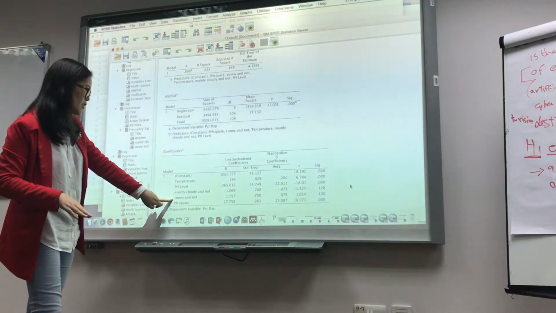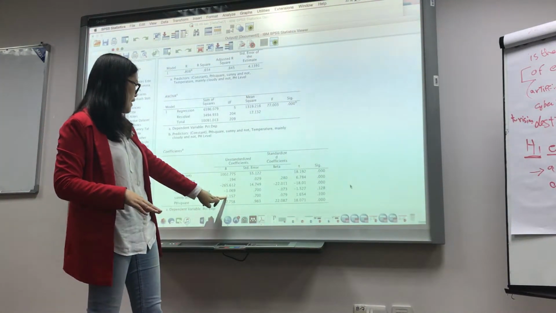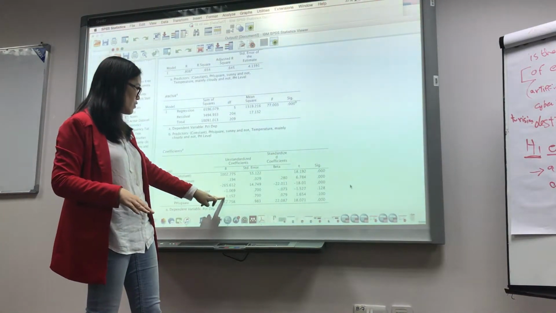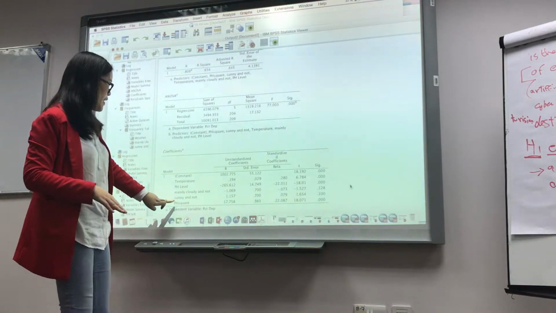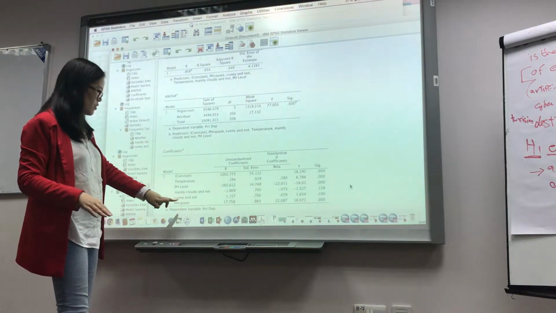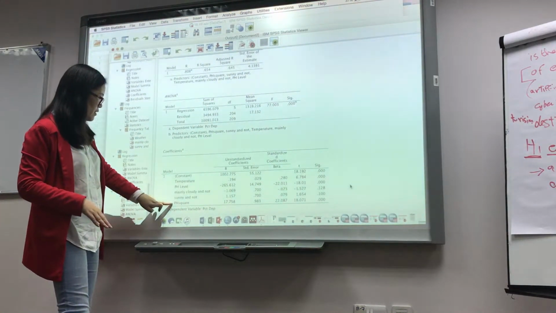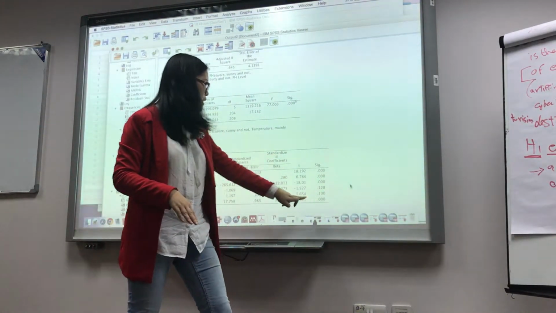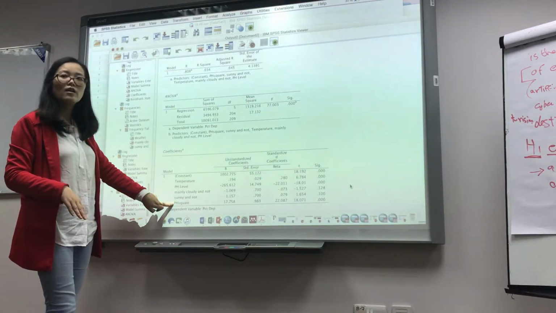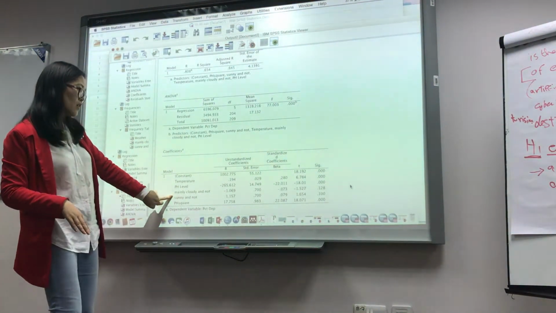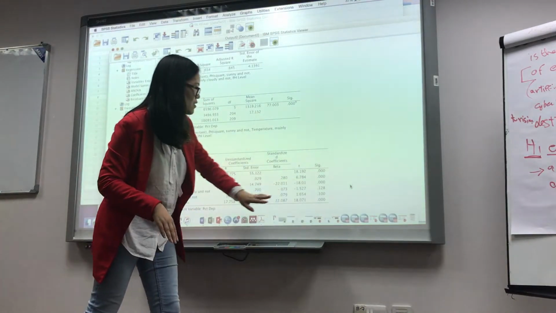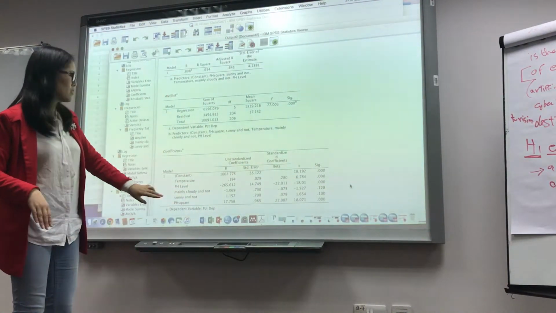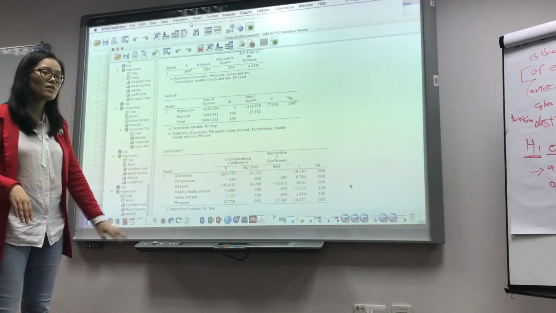The weather being mainly cloudy is not a predictor. Sunny is a predictor. If it is sunny, then the percentage of depletion will increase, and if it's not sunny, then it will not increase. Then the pH value square is also a significant predictor. Sunny is, sorry, I got it wrong. It's not significant. Weather is not significant. All others are significant.